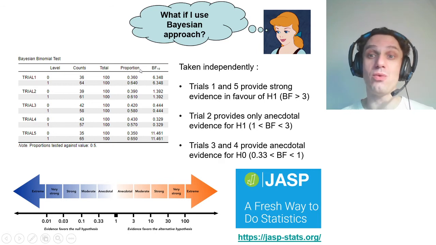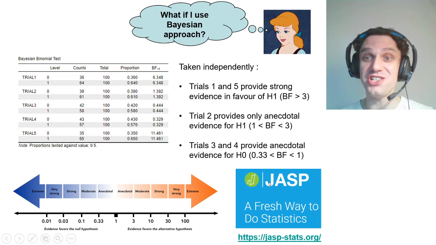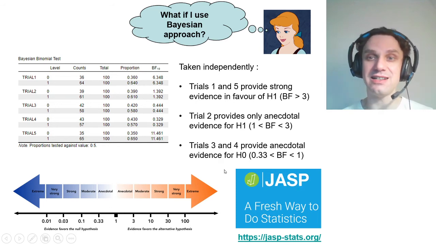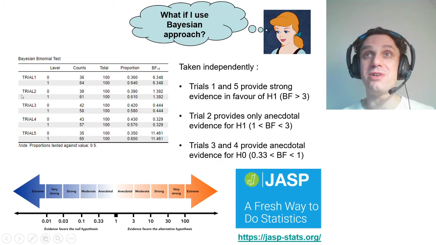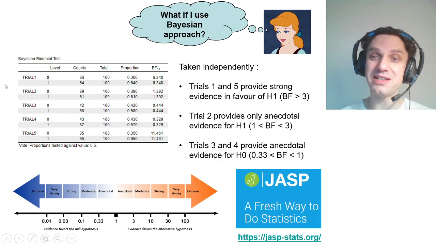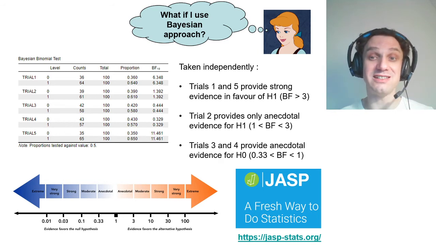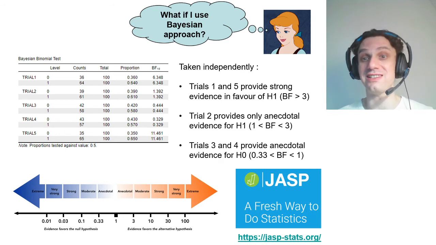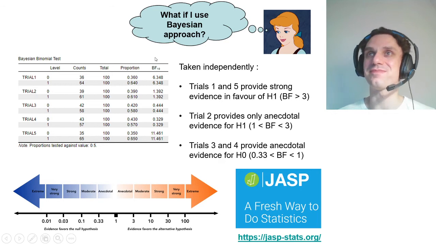And we can use a special piece of software, JASP, developed by Wagenmakers and colleagues. It's a completely free software which you can download from its website or by googling JASP, which allows you to perform frequentist and Bayesian tests for a number of simple statistical tests, including the binomial test. And I used JASP to evaluate these 5 Cinderella trials.